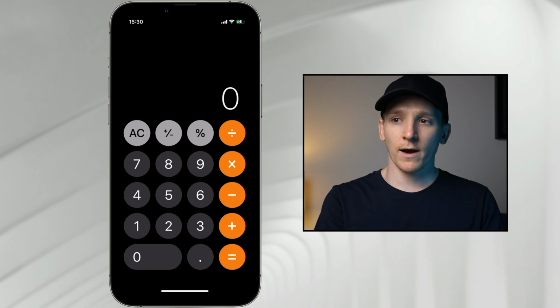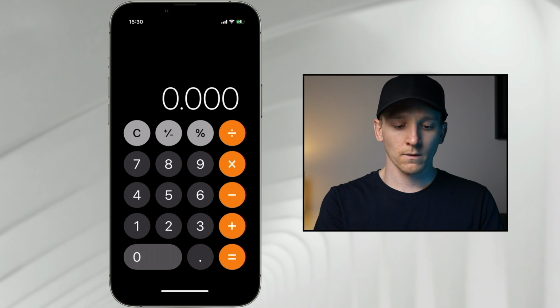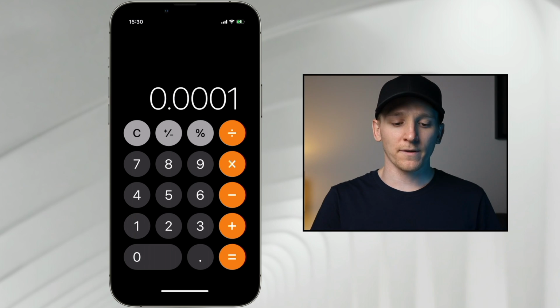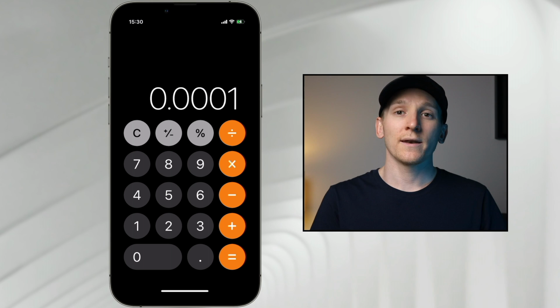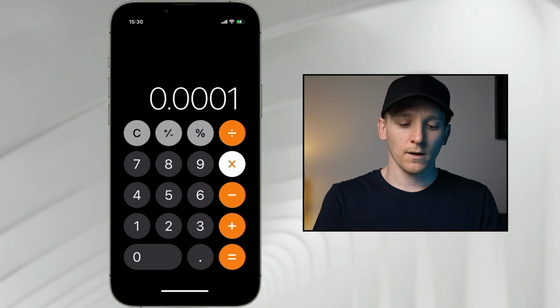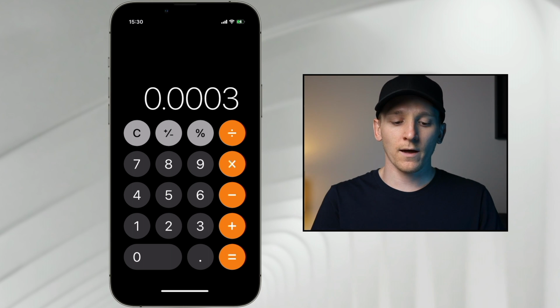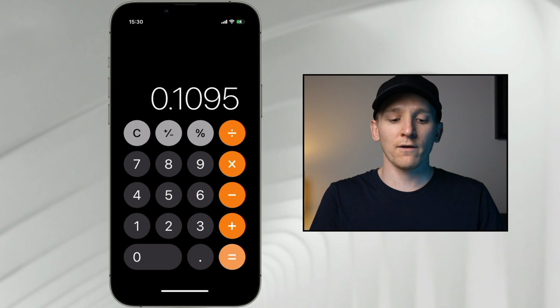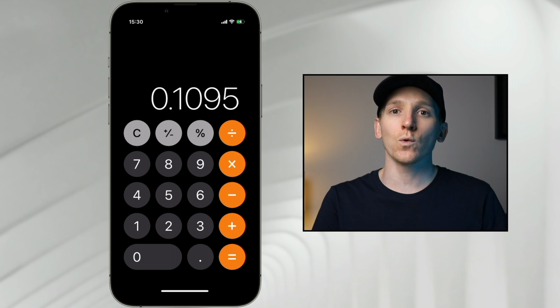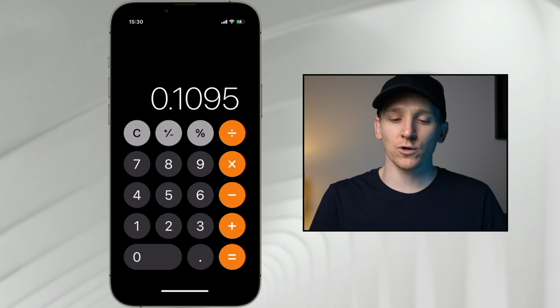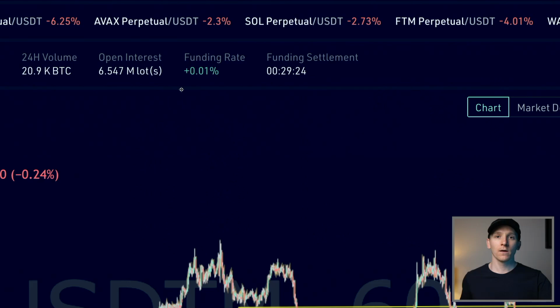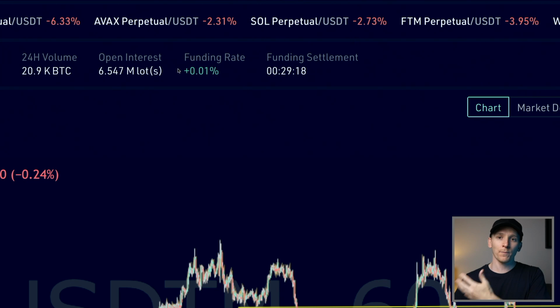So obviously the funding rate is 0.01%. So that's it as a decimal. Now this happens 3 times a day. So we take this 3 times and then we times that by 365. And that is an annual rate of interest that you'll be paying, so around about 11%. So if you're going long in the futures market and the funding is always positive, you're basically paying 11% in interest to short sellers